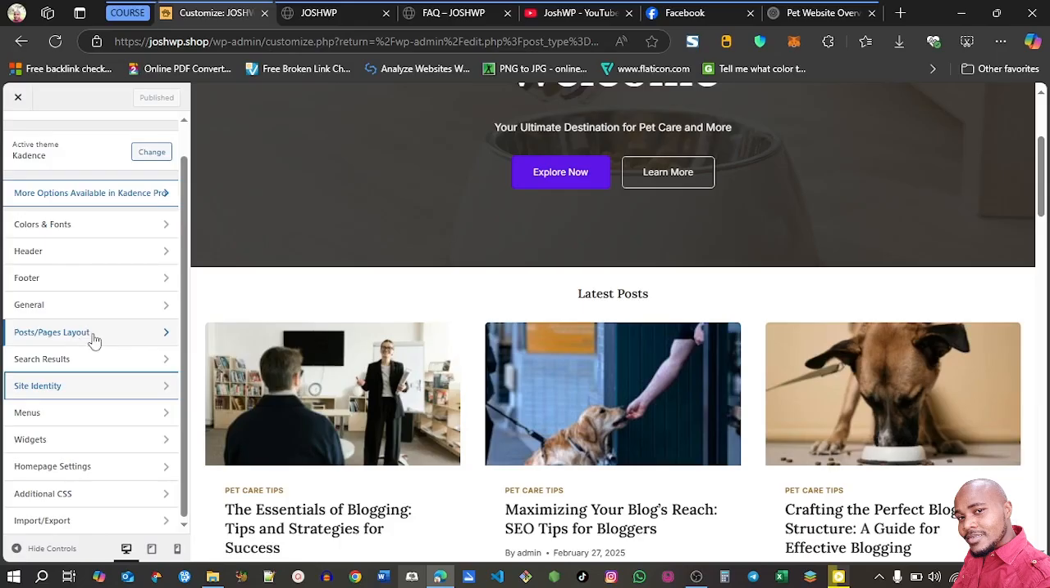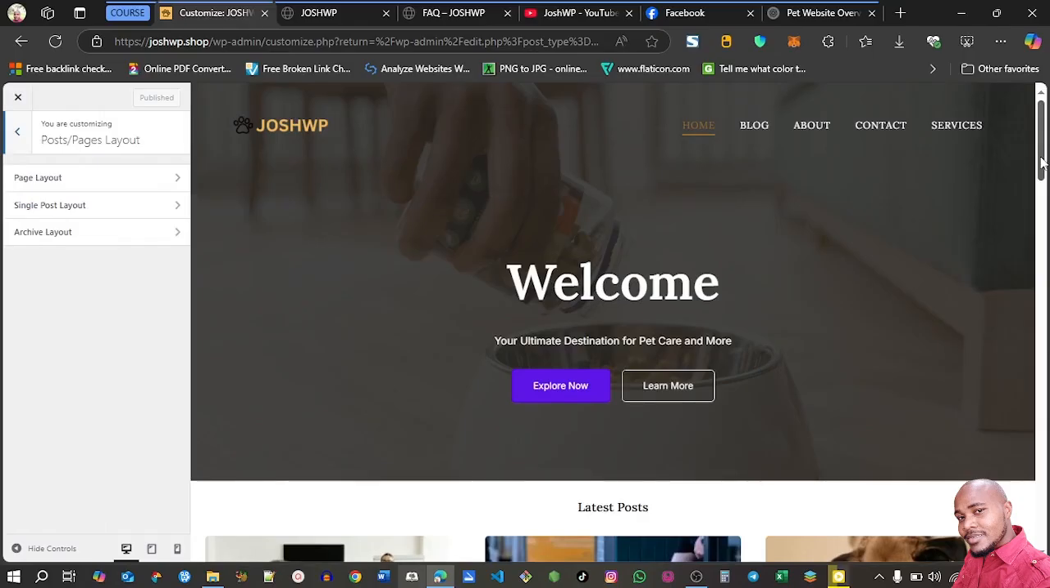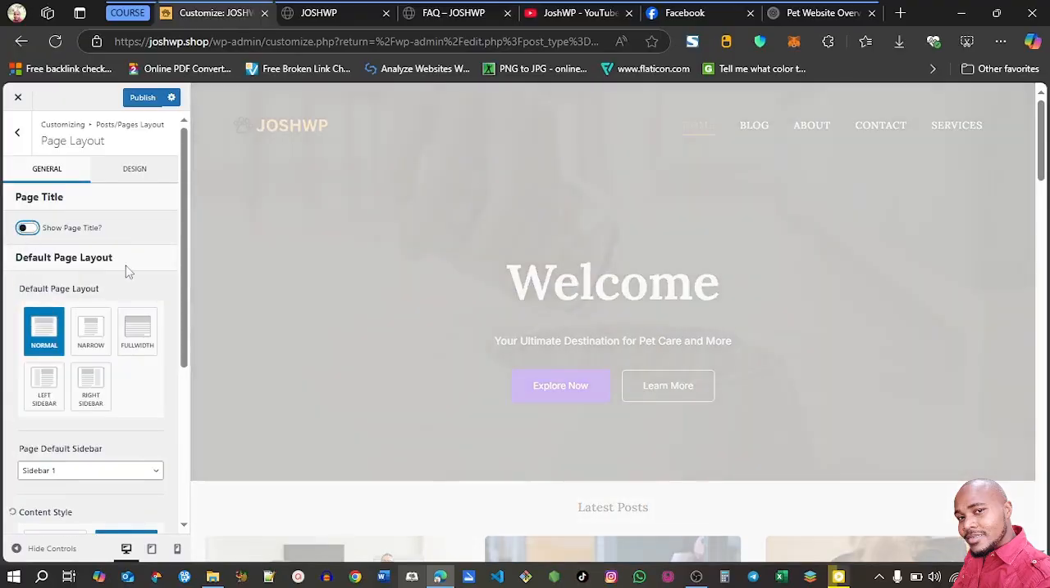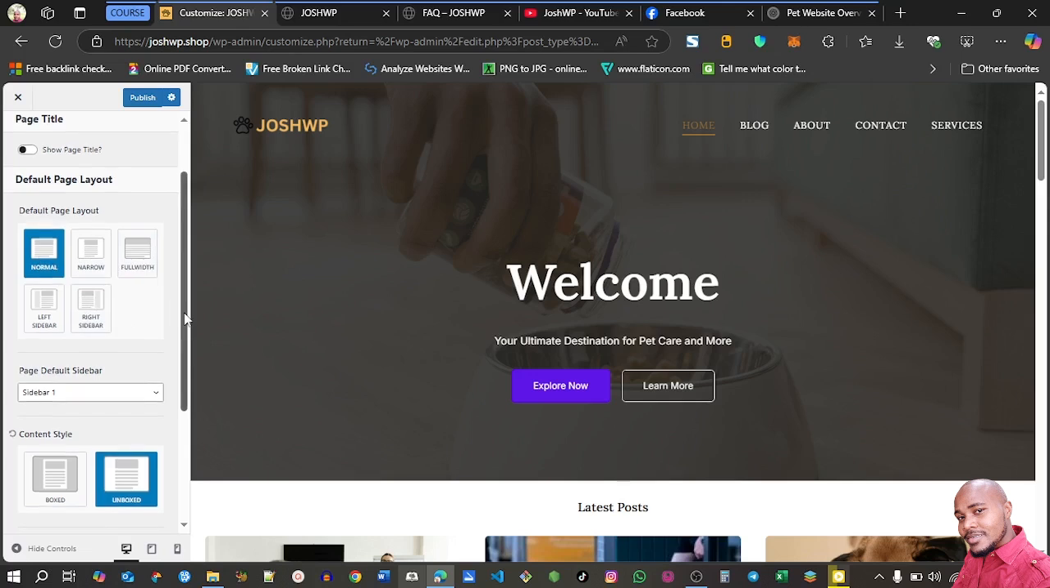So now I want to go to posts and page layouts. Because we used AI, everything is already optimized. We don't have much to do. So on the page layout, I don't want to show page title, so I'll delete page title. I'll leave the default page layout as normal, or you can change it to full width, but I think normal is okay, unless you want it to have a sidebar. But it doesn't make sense why a page should have a sidebar. It's only posts that should have